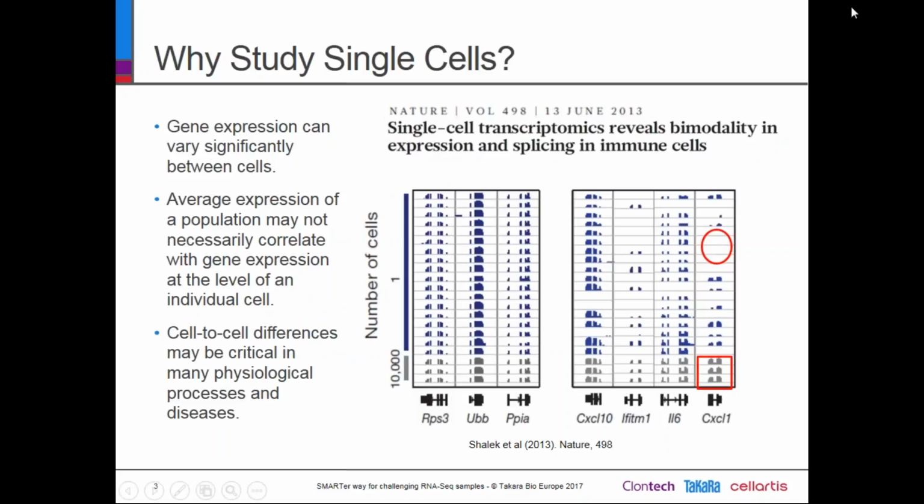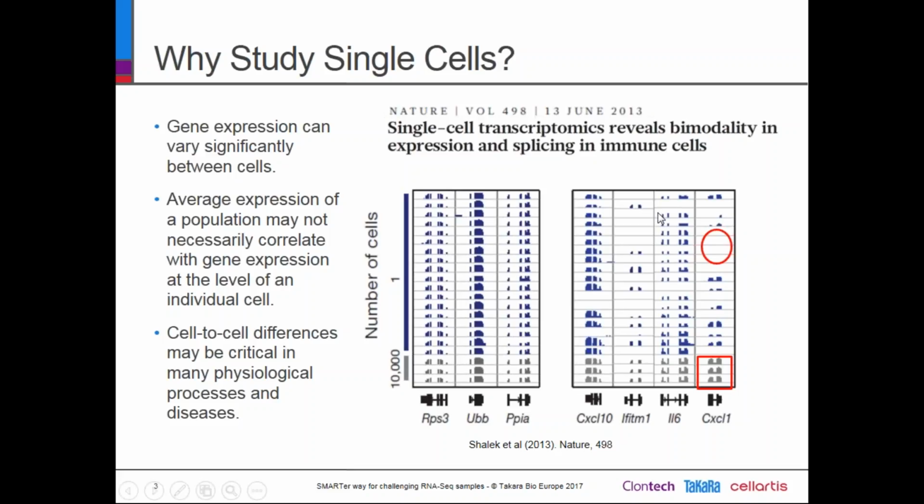So before we start talking about single-cell sequencing, a question that comes up often is what's the interest of doing this? Why would someone want to study single cells? It's been shown for some years now that gene expression is very variable between different cells. And when you take a bulk population of cells and extract RNA from that, what you will see is an average expression of the population, which will not necessarily correlate with